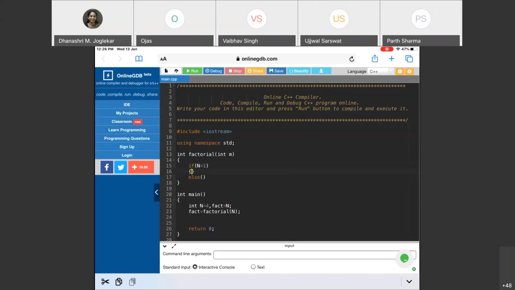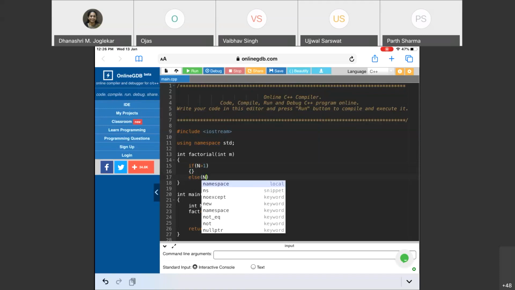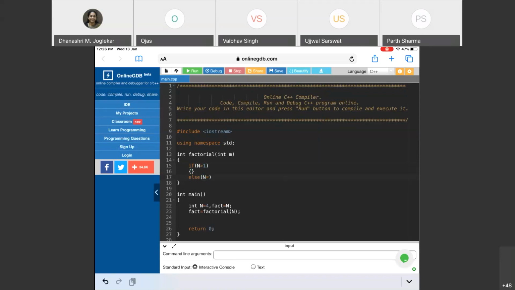Otherwise, when n is equal to 1, else is going to tell you what operation you have to do. There shouldn't be any condition written over there.